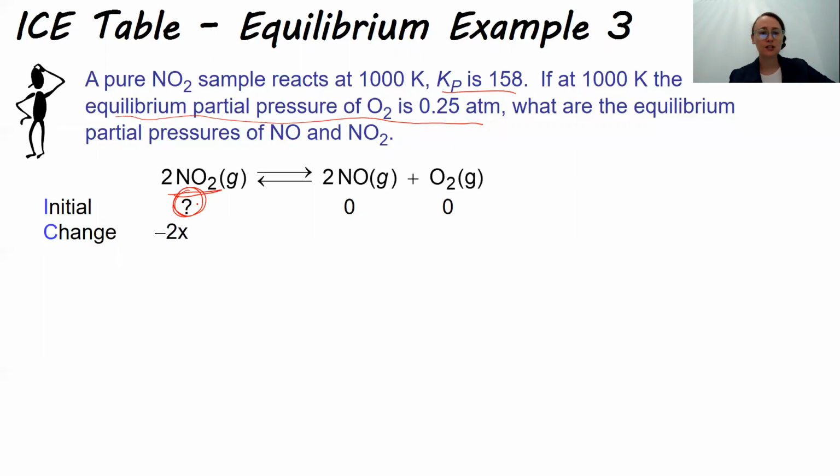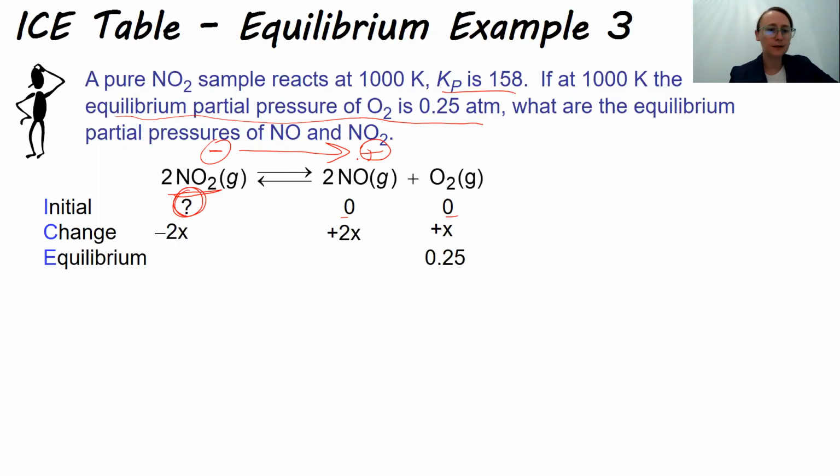So the change, because this is 0, I have to go in the forward direction to make some of it. So this is subtraction, this is addition, and then I'm going to change stoichiometrically. So minus 2x, plus 2x, plus x. And then at equilibrium,